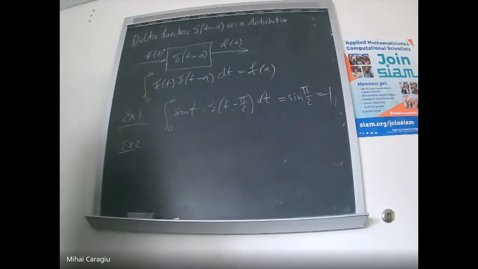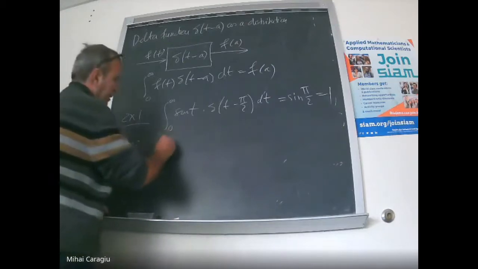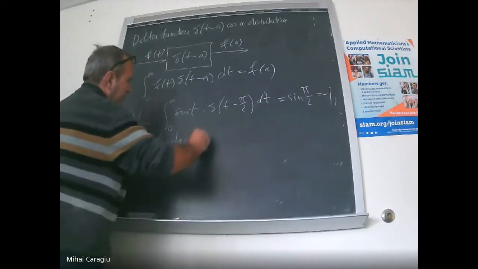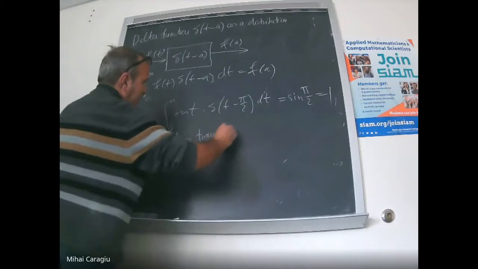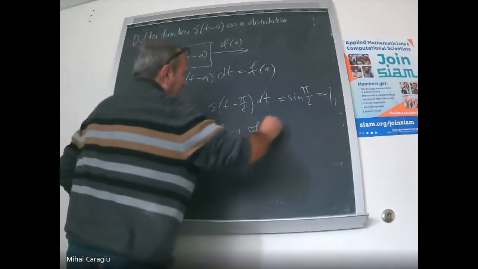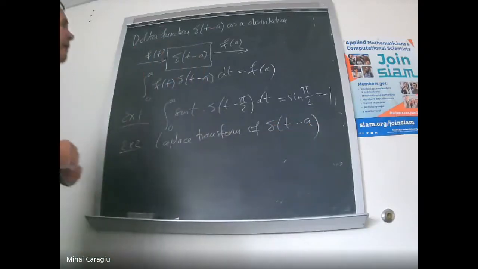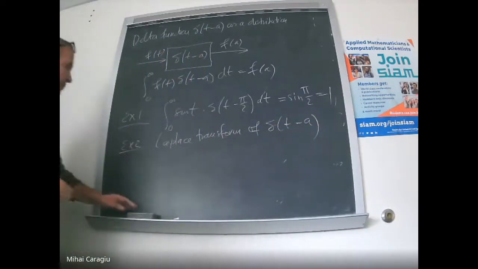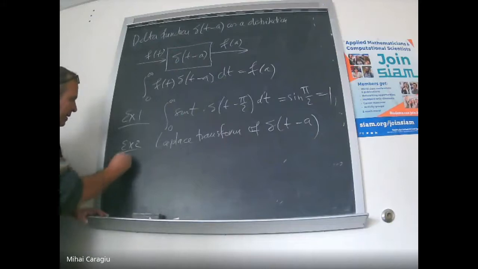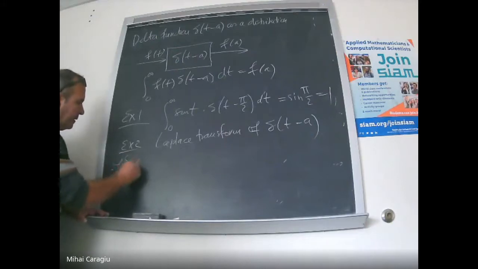Example 2 will be the most important for our purposes. Let's calculate the Laplace transform of the delta function. Laplace transform of delta of t minus a. Okay, so let's see. So Laplace transform of delta of t minus a